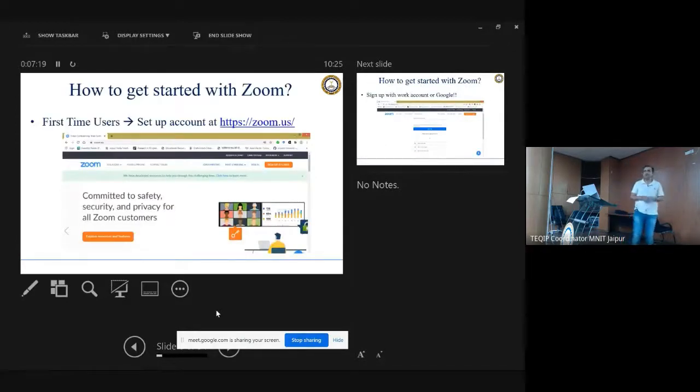You go to the link given there, zoom.us, and there you'll find your join tab. You just click over it, then you can join. It's very simple. You scroll down, and at the bottom you will find